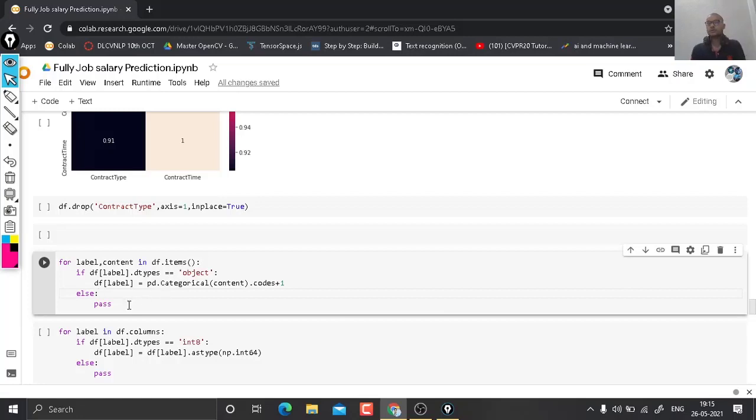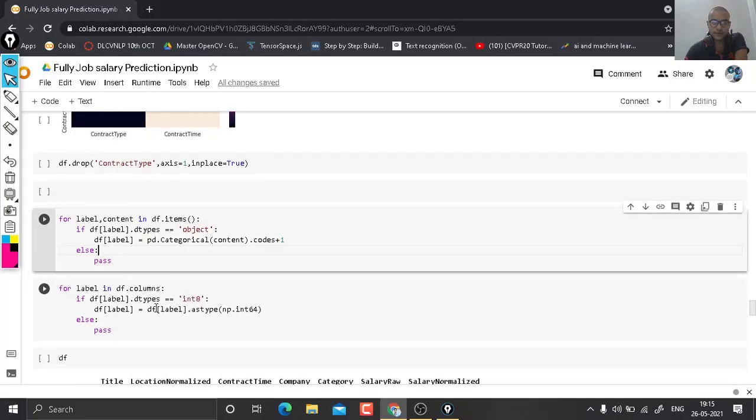Why do we use this command? Because if we use label encoding without any condition on all columns, it is going to change the salary column also. Suppose there are 100 rows with 90 different salary values, then it is going to assign these 90 values 1, 2, 3, 4, 5, 6 like that. So if it is an integer value, it is not going to change it into categorical form, like the first integer value is 1, second is 2, third is 4 like that. So we use this command.